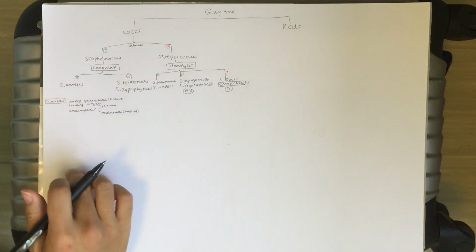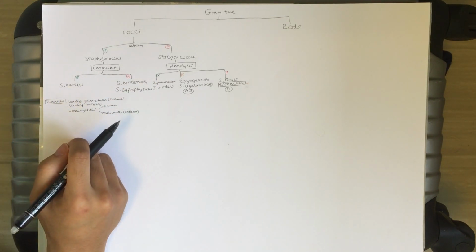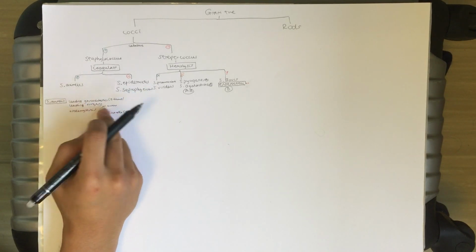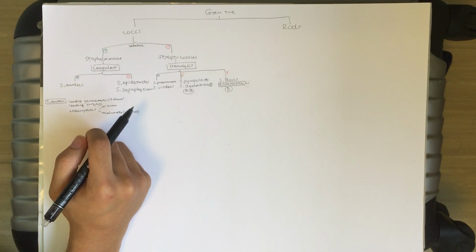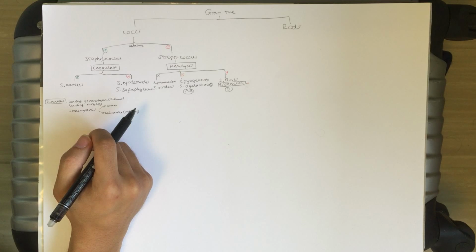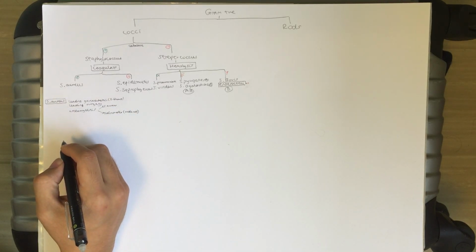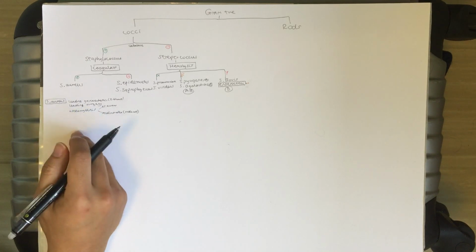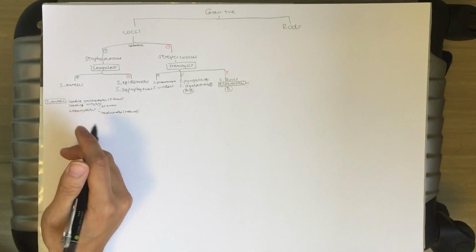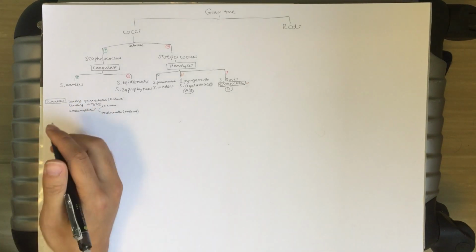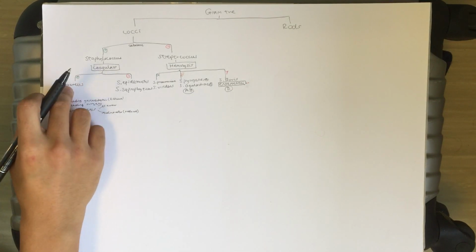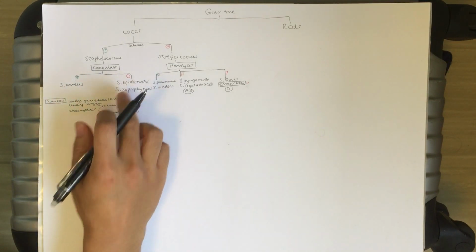So here, Staph aureus, you just write down certain things. So things that it causes, the toxins that it has, etc. And the drugs that could be used to kill it. Like you can talk about MRSA, etc. and vancomycin, killing that one. Anyway, so Staph aureus is here. You then have